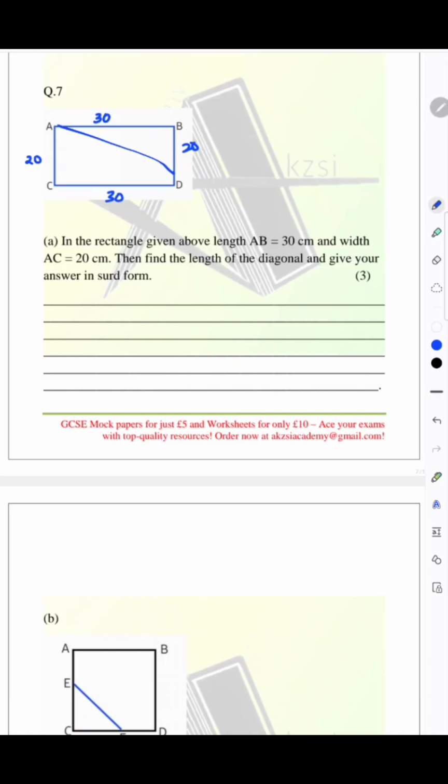This is called the diagonal. And we can easily calculate it because we know that a rectangle has all the angles 90 degrees. So when I divide it, obviously this is a right triangle, and I can apply Pythagoras theorem. So in the given figure, I can clearly see ACD is a right triangle because it's a rectangle and all the angles of a rectangle are 90 degrees. So now applying Pythagoras theorem,